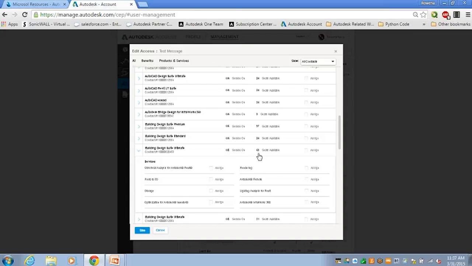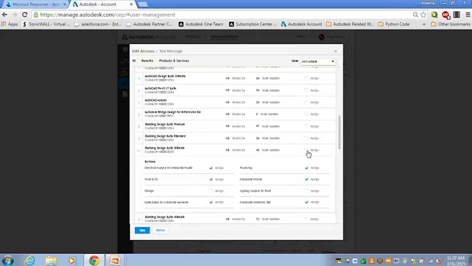And we have, I think, 69 seats here. Again, if I want this user, test message, me, that I just picked, to have all of these benefits, you can see the basic benefits are included, the Photo to 3D, the storage. But if I want them to have rendering and lighting analysis, which is what this product can do, I can click